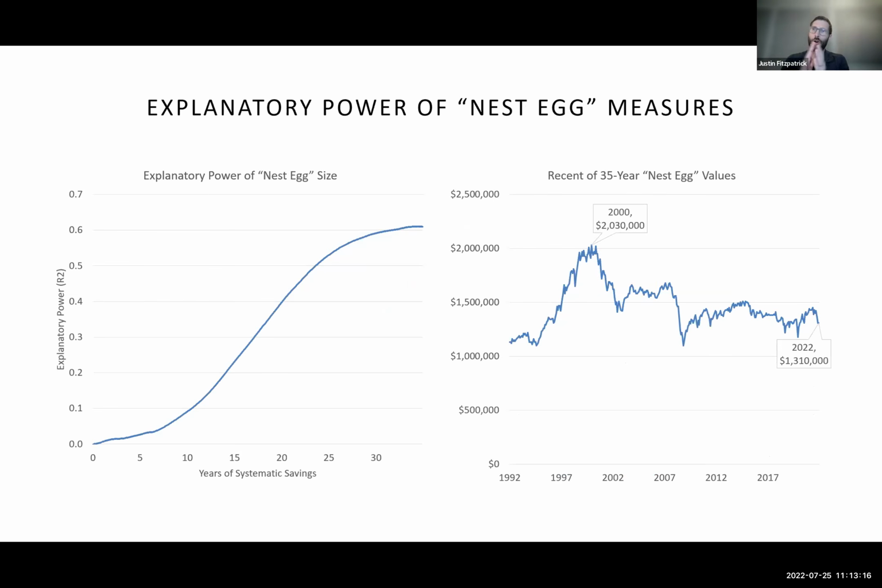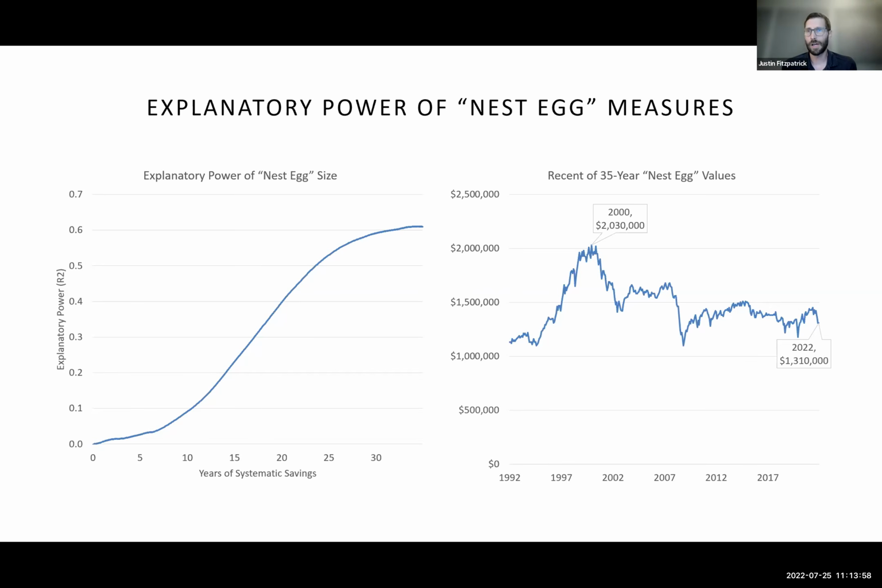As with CAPE, the longer window we use to measure the nest egg, the better. So the more explanatory power this measure has in helping provide some context around withdrawals. So you can see if we're looking at 0 to, let's say, 15 years of systematic savings, that's not enough previous sequence of returns to really provide a lot of explanatory power. But once we get up to 20, 25, 30, 35 years, we're looking at, again, quite strong explanatory power for